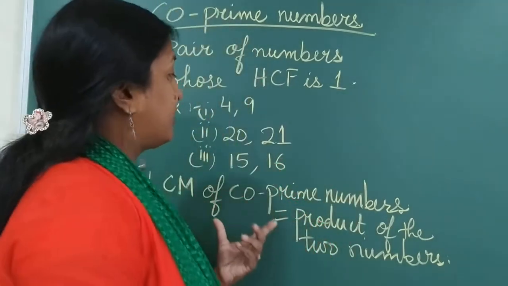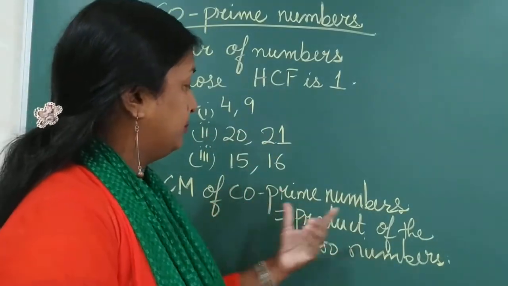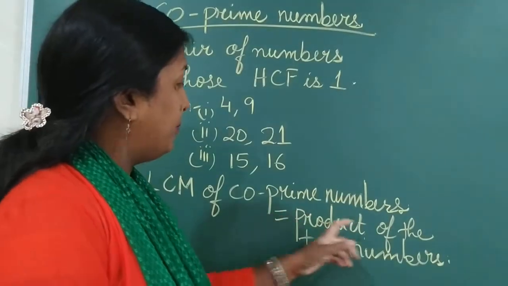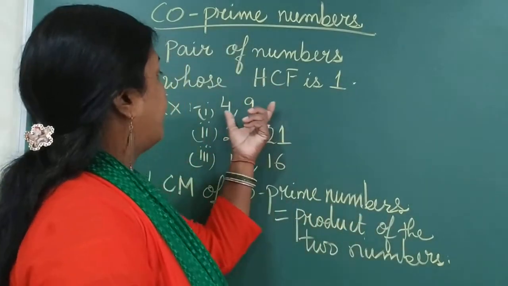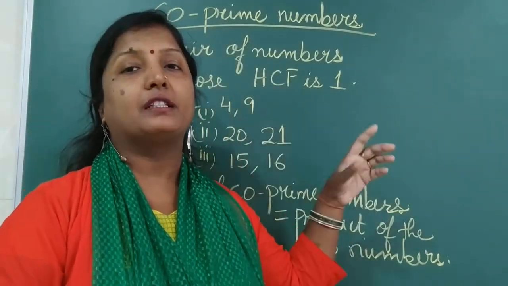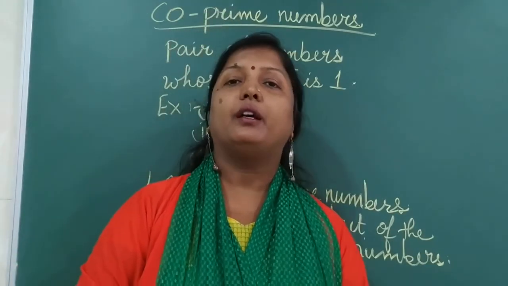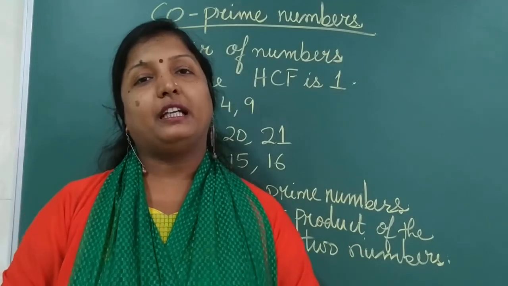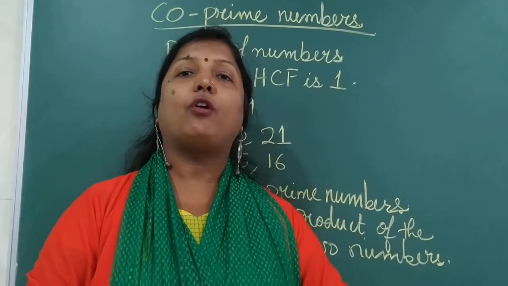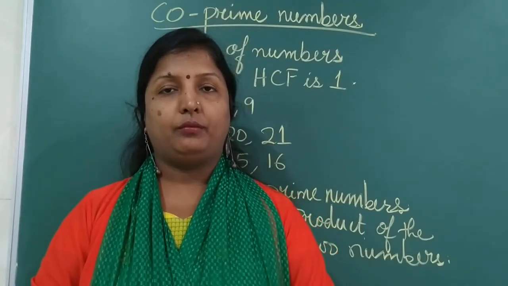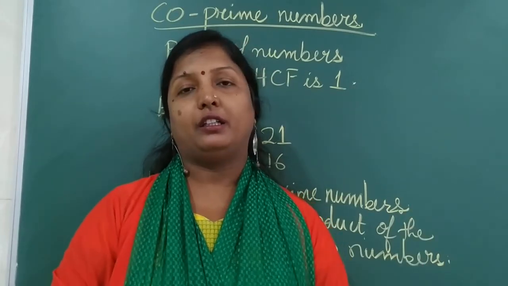Well, the interesting part of co-prime numbers is that finding their LCM is easy. You can simply multiply the two numbers. If you are given two co-prime numbers, say 4 and 9, what will be the LCM? 4 9s are 36. So it is easy to find the LCM, simply multiply the two and you get the LCM. Children, we can also use this trick for prime numbers. If all the denominators are prime, then you can find their LCM by simply multiplying all the numbers.